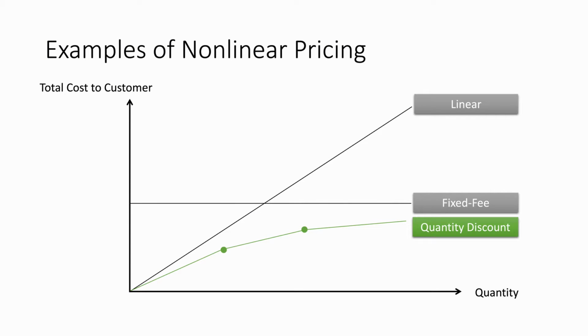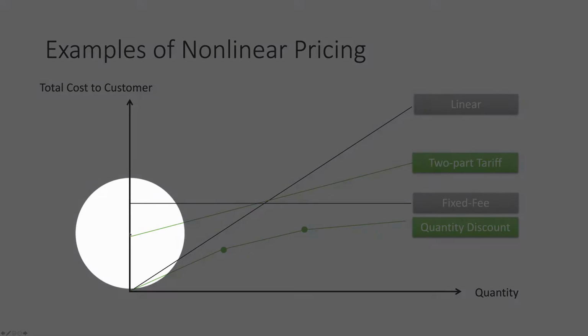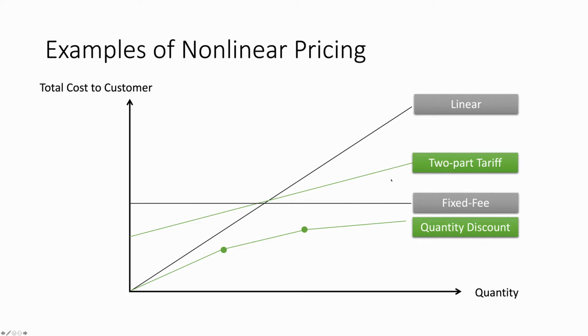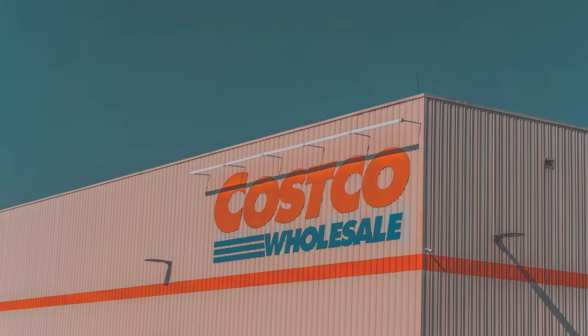In addition, there are some other forms of nonlinear pricing. This is what we call a two-part tariff. In a two-part tariff, there is a fixed fee. So even when quantity is zero, the total cost does not start from zero, and then it starts to increase. A two-part tariff is basically a fixed fee plus a linear pricing segment. An example like this could be some kind of retail price club. You get a Costco membership, it costs you a fixed fee, and in addition,